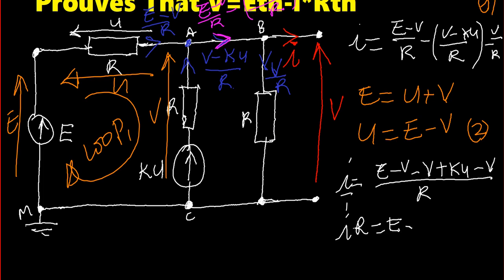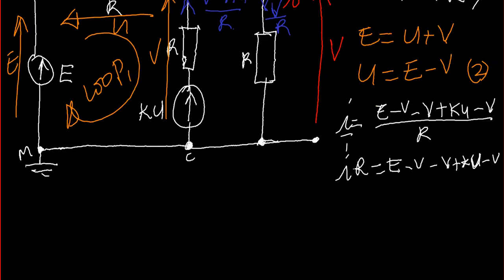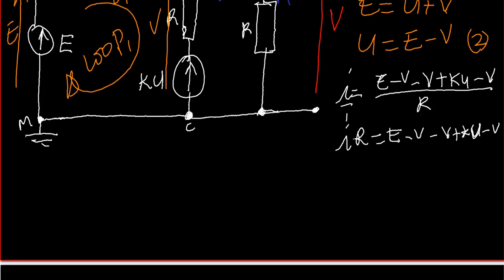E minus V minus V plus KV minus V. That is it, KU, not V. KU. Now let us replace this item by its own value that we have up there and see what we are going to have. Means that